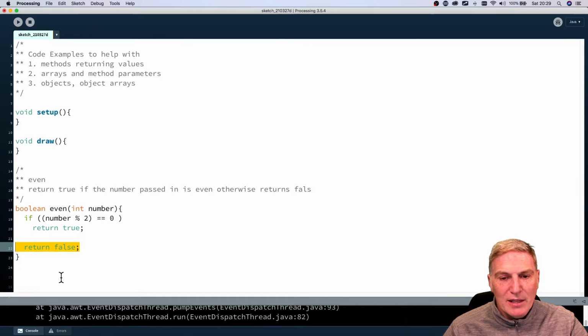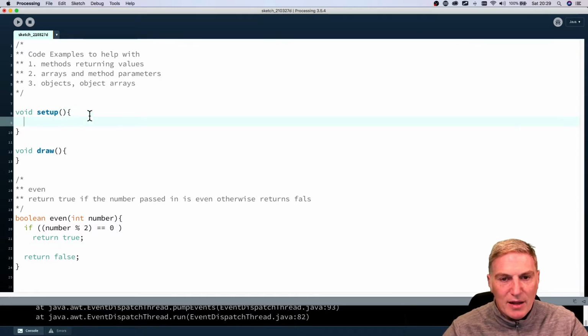Okay, so that is our actual method, and now I want to test it out. So in my setup, I'm going to just hard code in a call to this, and I'm going to declare a variable to use in order to store the return value. So let's declare a boolean variable. I'll make it a local variable. So it's local in setup,